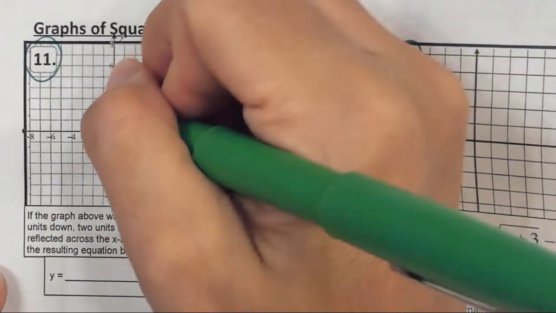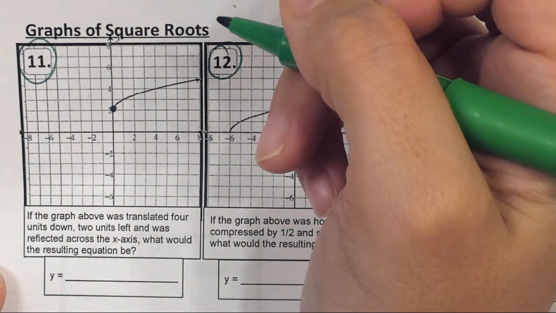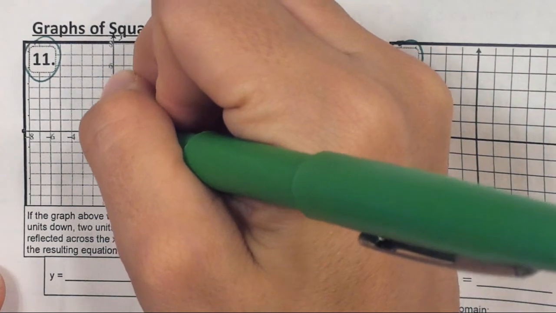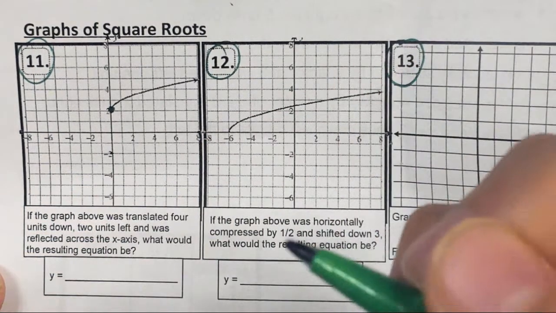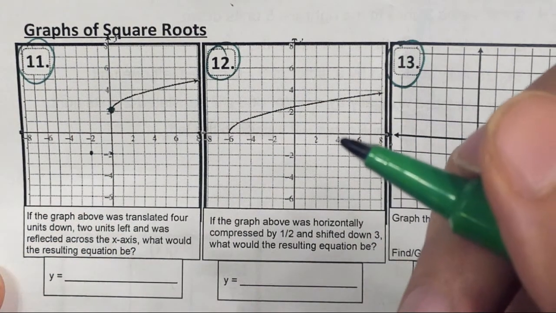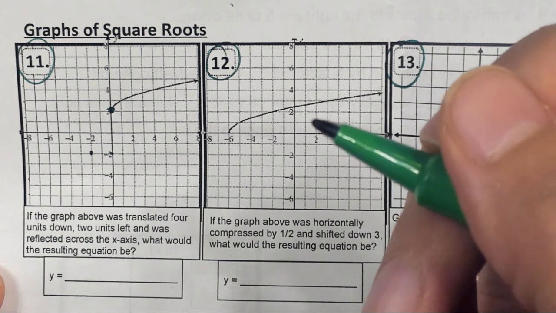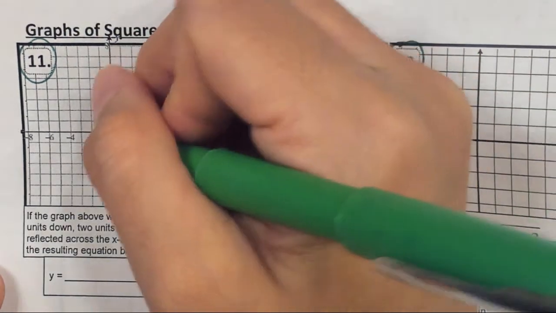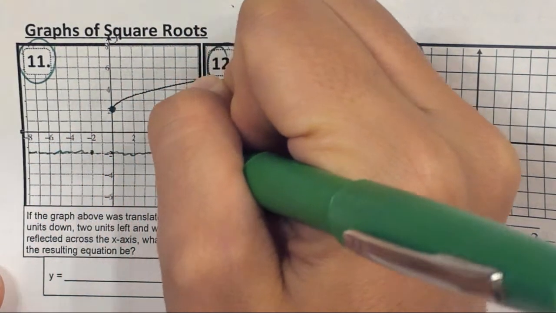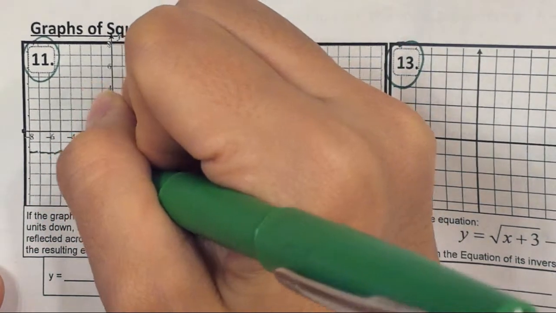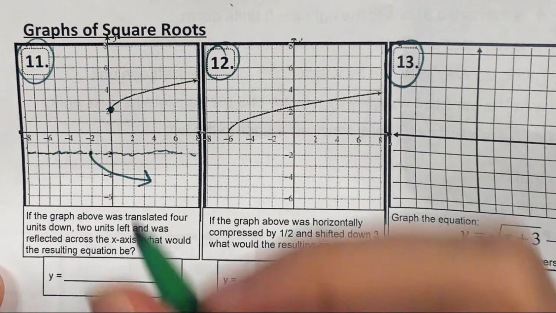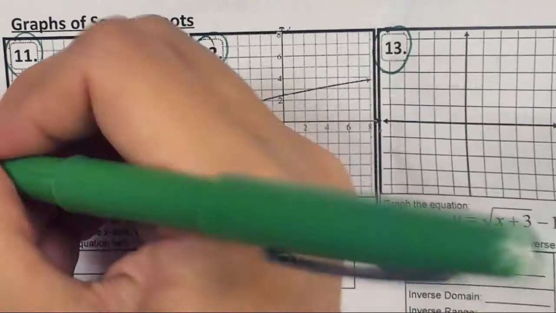So here's my vertex, my starting point. If it goes 4 units down, so 1, 2, 3, 4, I'm here now. 2 units to the left, so now I'm here. And it's reflected across the x-axis, right? So this is kind of like my new x-axis. So instead of opening up, it's going to open down, just like that. So my vertex is -2,